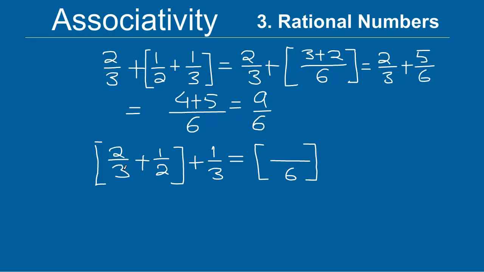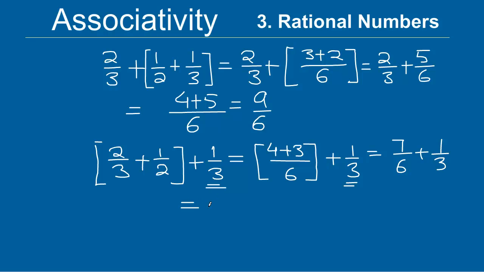And now 3 times 2 is 6. So 2 times 2 is 4. Write 4 here plus 2 times 3 is 6. 1 times 3 is 3. So we get this, and we have plus 1 over 3, which is this value here, equal to 4 plus 3 will be 7 by 6 plus 1 by 3,